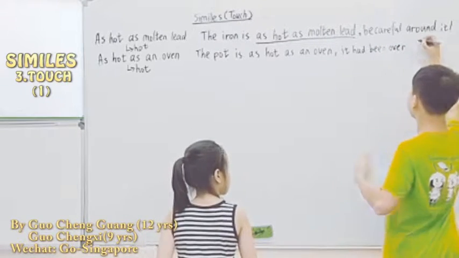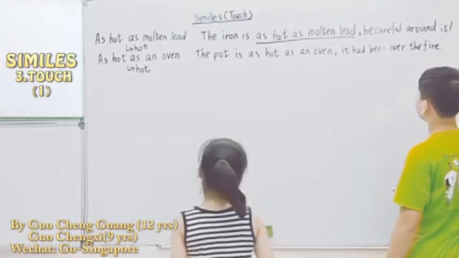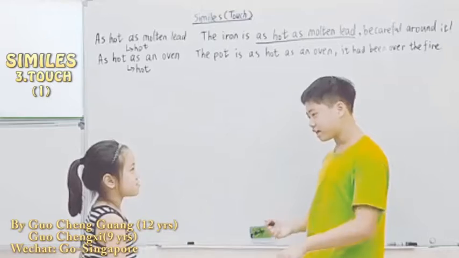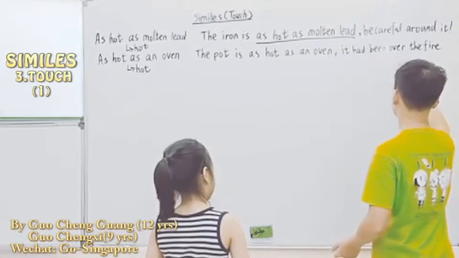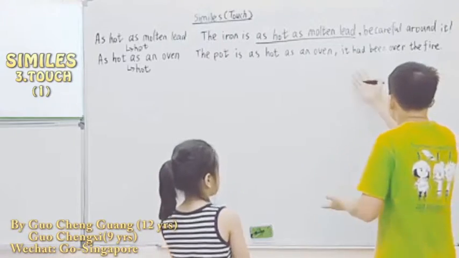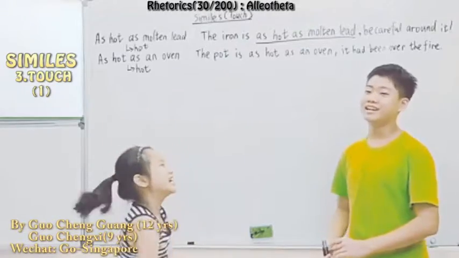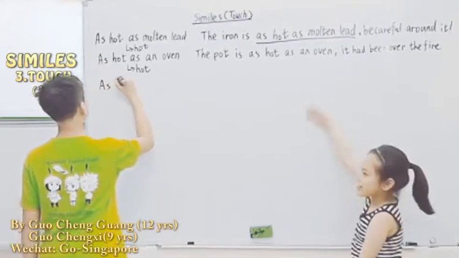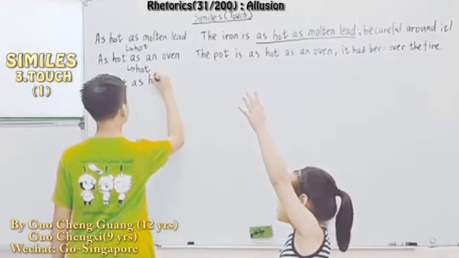You said over the fire just now, right? Is it stove? Okay, stove, but the stove you can choose to turn on or off. If it is off, then not hot. But fire, you can't turn off. Yes, it had been over the fire, and it is still over the fire, because the fire is still cooking it. But you don't say it had been on fire, because if you say it is on fire, that means it's burning. You don't burn the pot.